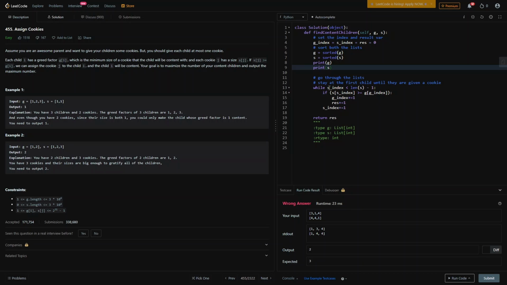So let me go through. So while S index, okay, S index is 0. Then we say if S index, so S0 is 1, is greater than or equal to G index. So 1 is equal to that. So we say G index plus equal 1, res equal 1, S index plus equal 1. And then we should just say the same thing until the thing is over. S index is less than, that's true. And then we say,